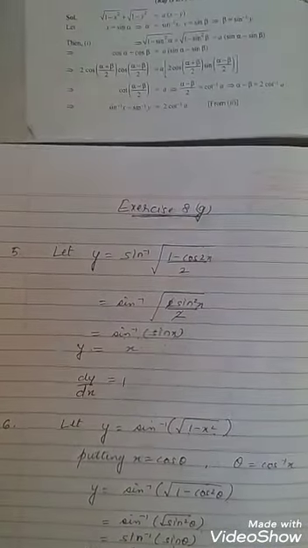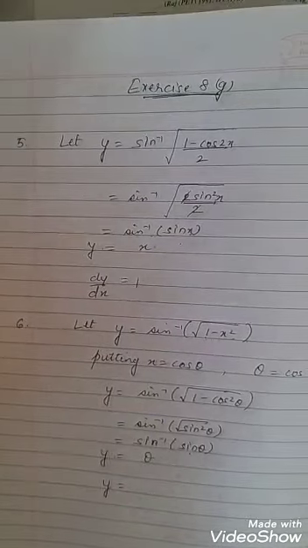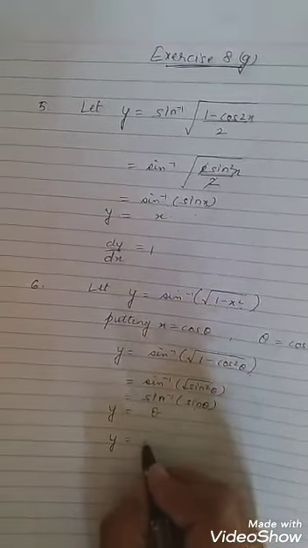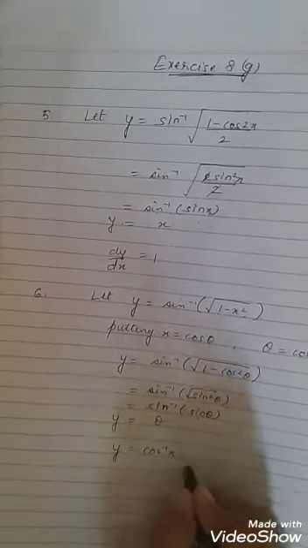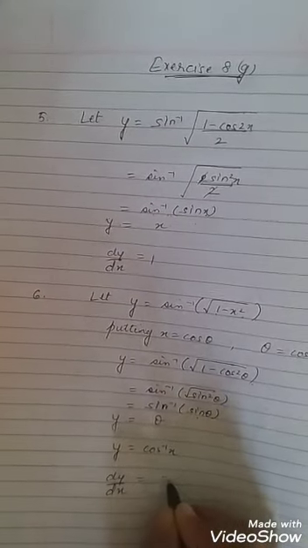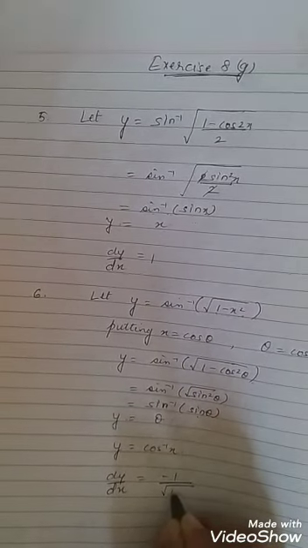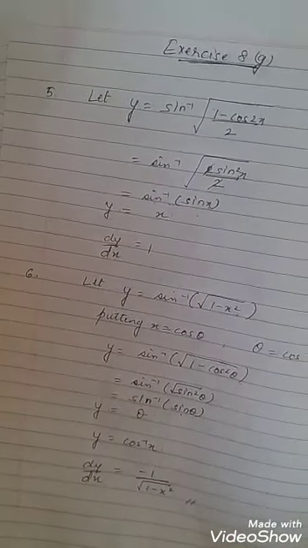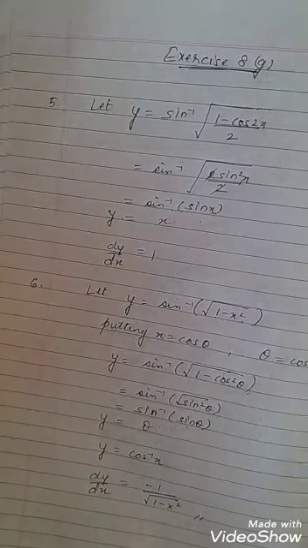Now we have to resubstitute the value of theta. We have put theta equals cos inverse x. Now we'll differentiate this with respect to x, so we get dy by dx equals minus 1 upon the square root of 1 minus x square. See how easy it has become by proper substitution. Now let's take a few more exercise questions of our book. This was question number 6.